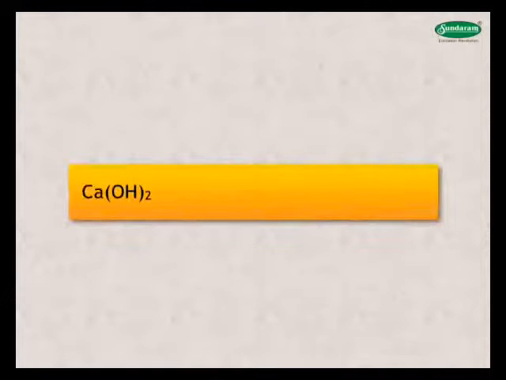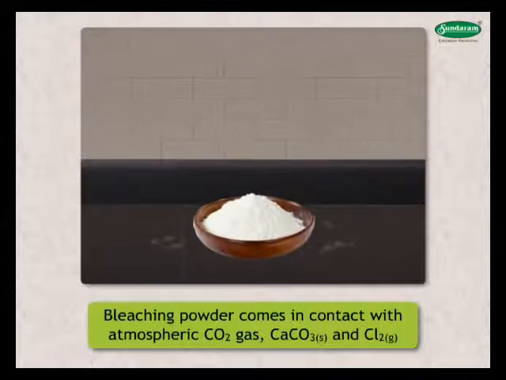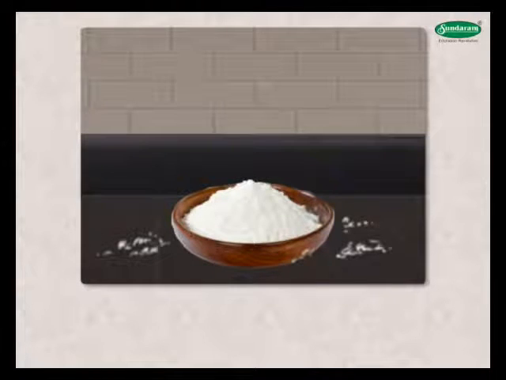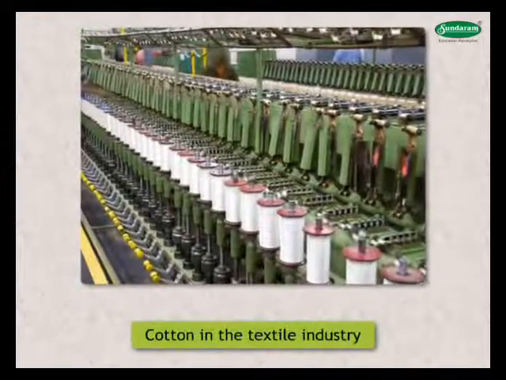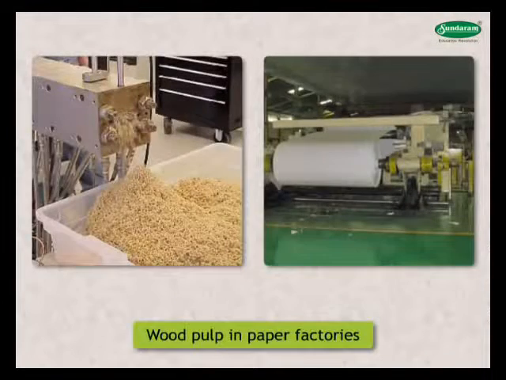When dry slaked lime reacts with chlorine gas, it forms bleaching powder. When bleaching powder comes in contact with atmospheric carbon dioxide gas, CaCO3 solid and Cl2 gas are released. This chlorine gas helps in the bleaching action on cotton in the textile industry, wood pulp in paper factories, and